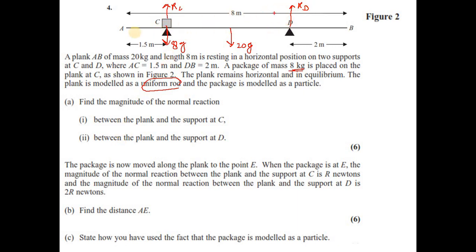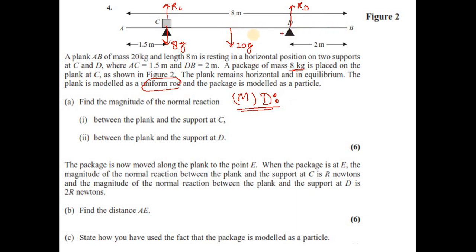In order to find the normal forces, it's our choice that we can figure out the normal reaction considering either C or D as a pivot and finding the moment around that point. So we can choose D as a pivot or C as a pivot. Say moment about D. If you're taking moment about D, that means there will be no moment due to RD because it is passing through D. I have three forces, RC, 8g and 20g. And if you write clockwise moment and anticlockwise moment, so you say that